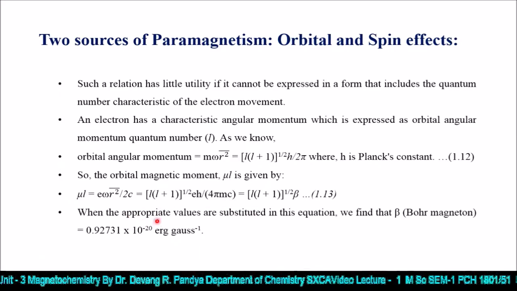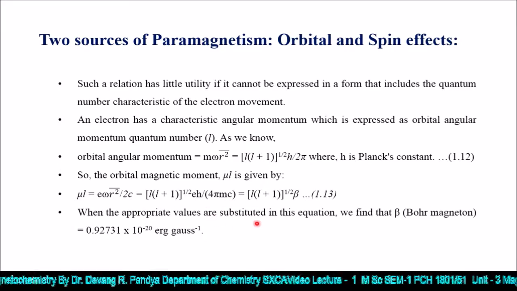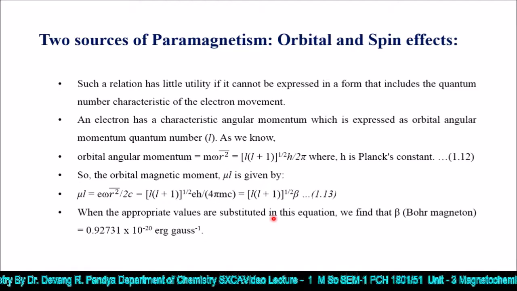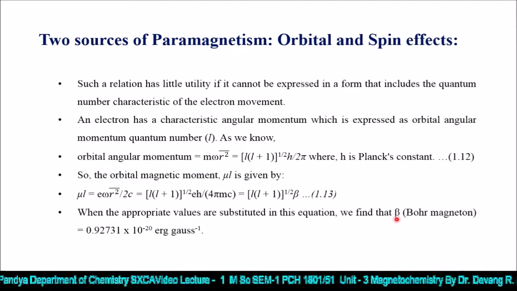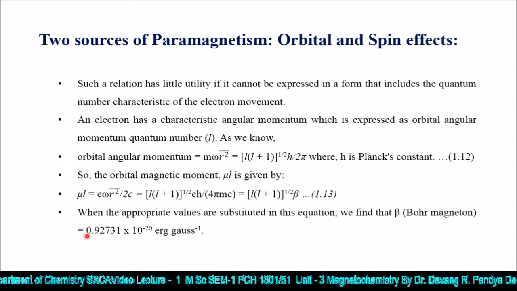When the appropriate values are substituted in this equation, we find that beta, that is the Bohr magneton's value, is equal to